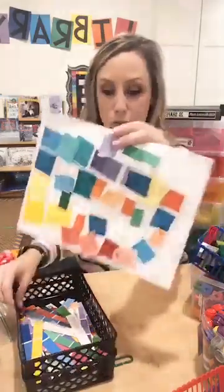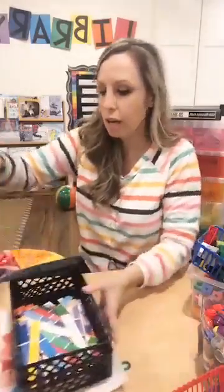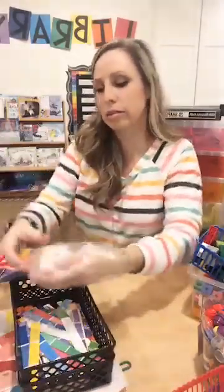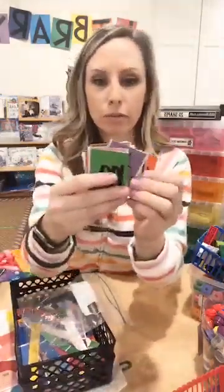So you can kind of do that. That's really simple and fun, and it's a great fine motor activity. You can also take those same colors or paint samples. These are, I think, were the ones